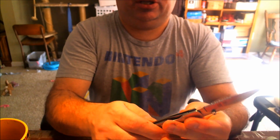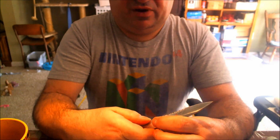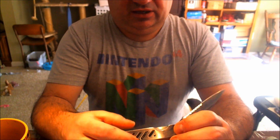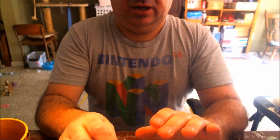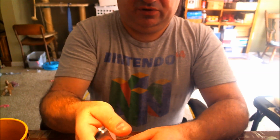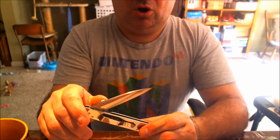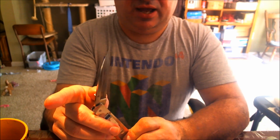Now, this is actually a liner lock. Truthfully, it is a very stiff liner lock. I mean, you really got to horse this thing over to get it to close. That said, the walk and talk on it is absolutely beautiful. I mean, it's so smooth. I think it might even need to be broken in a little bit, but the opening and closing on it is just absolutely